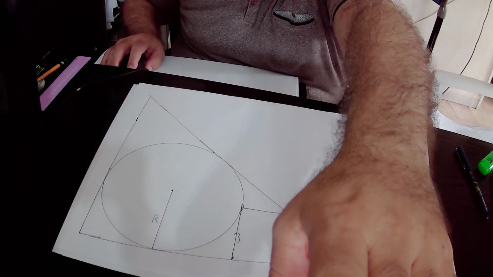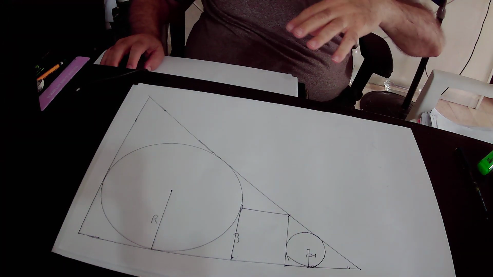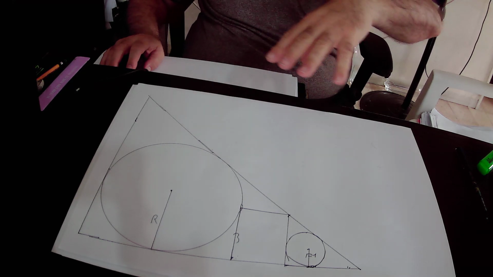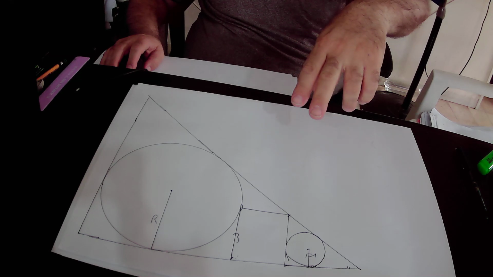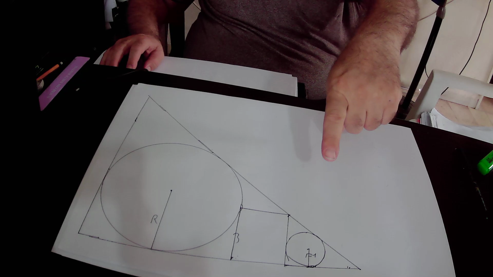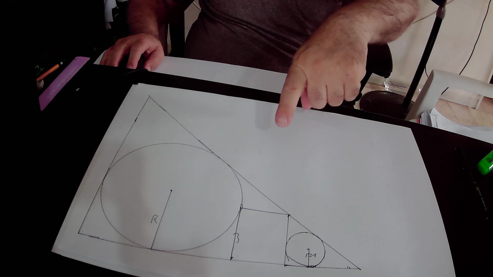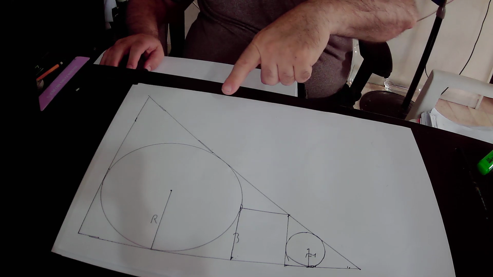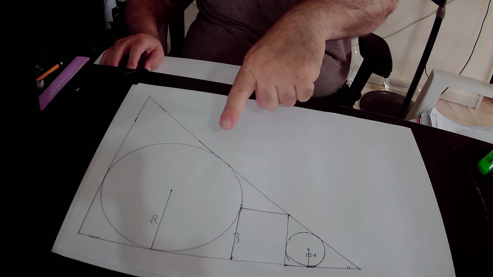Hello, in this lecture we'll find out the radius of the big circle. In the drawing we have a big triangle. Inside the big triangle we have two circles and a square. The radius of the small circle is equal to 1 unit. The side length of the square is equal to 3 units, and our mission is to find out the radius